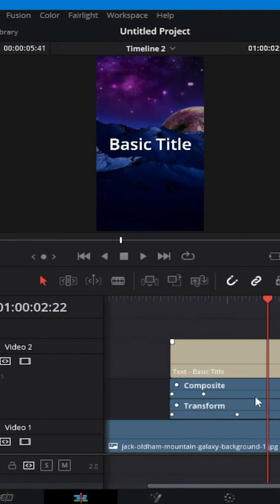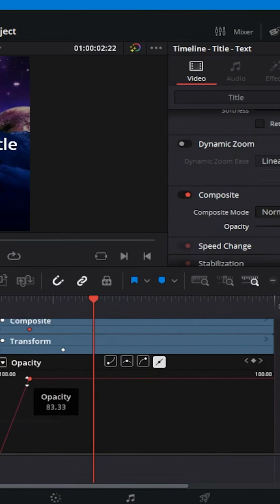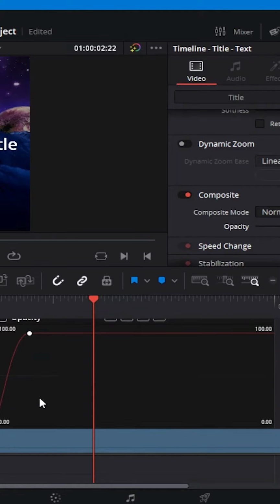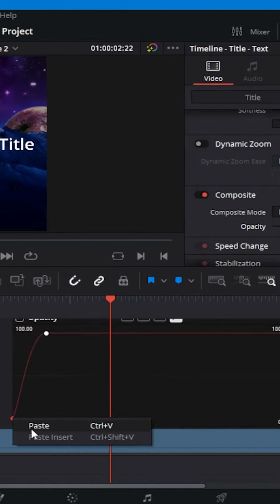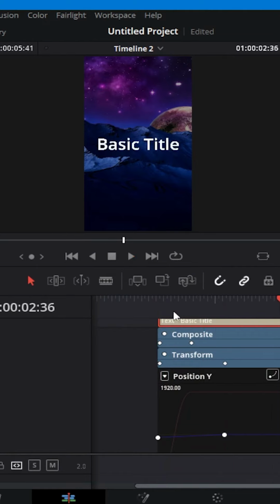We have that, but we're not done there yet. What we're going to do is select this, put ease in, let's select this, ease out. Under Y position, we're going to select the keyframe, ease out, ease in. And then now we have this, and that is